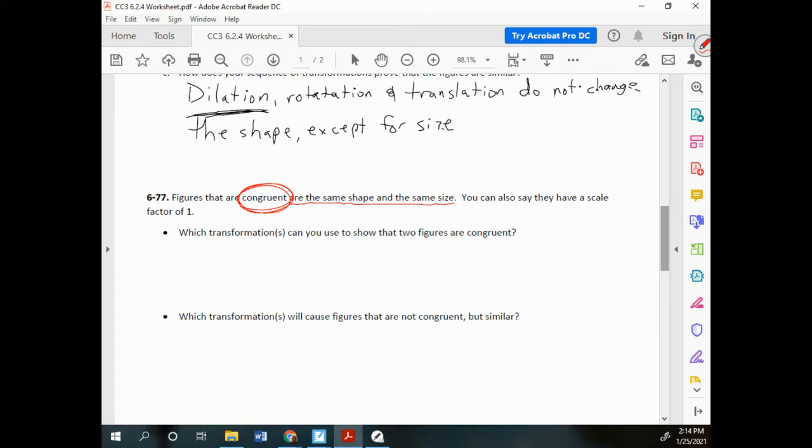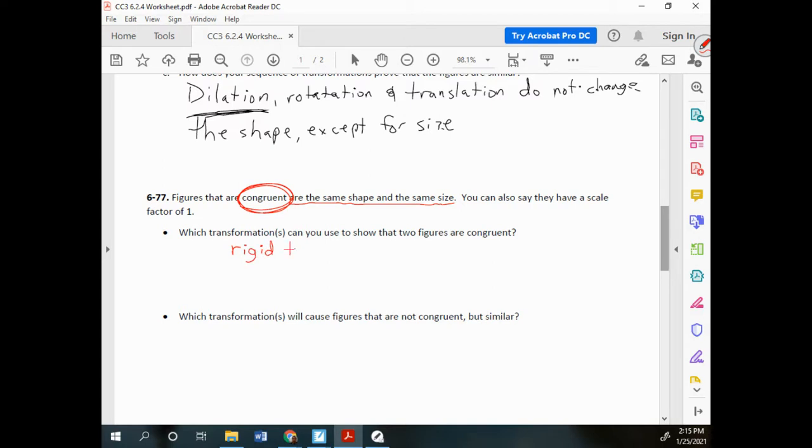Are they? Okay. Yes, they are similar, because similar means they can get bigger or smaller. But remember what we said. Just because they say can doesn't mean they don't, or that they have to. So they could be the same size. So which transformations can you use to show that two figures are congruent? Okay, what transformations could you use that would keep the shape congruent? All right. What are they? Well, they are